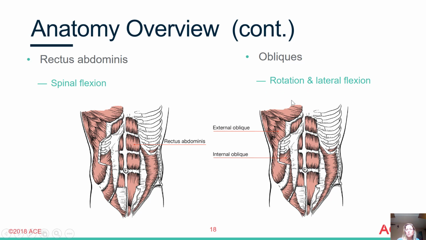So those act in rotation mainly. So if we are holding a medicine ball and we're rotating side to side, that is external and internal oblique. Lateral flexion would be, maybe standing up and bending to the side, like taking your elbow and putting it down into your pocket, like a side bend. That's also working your